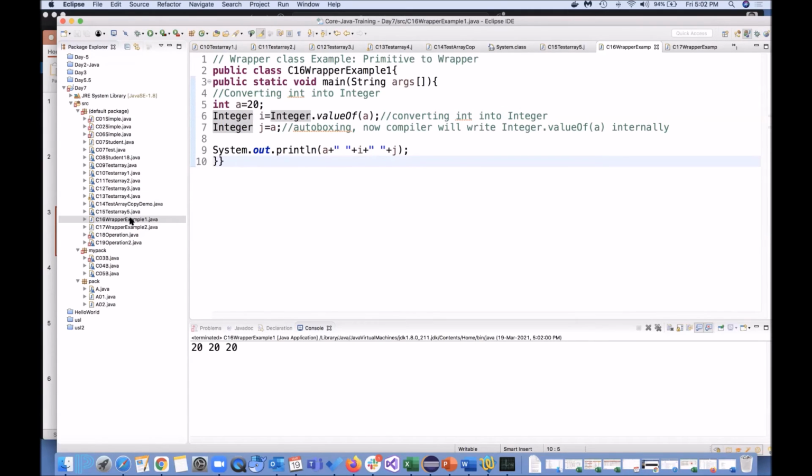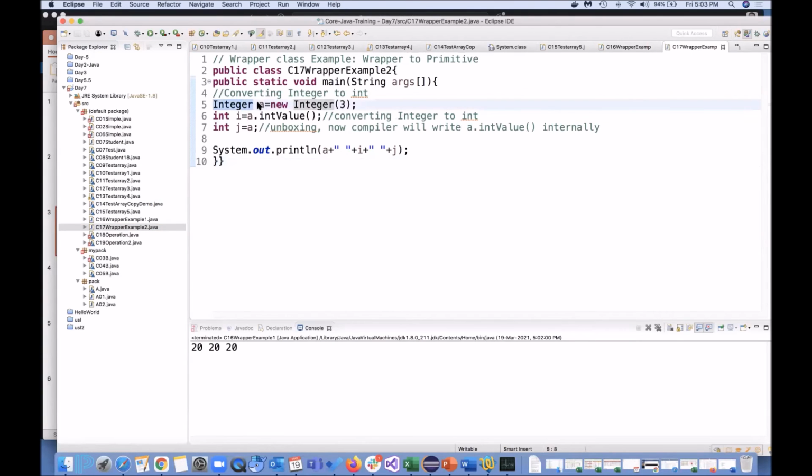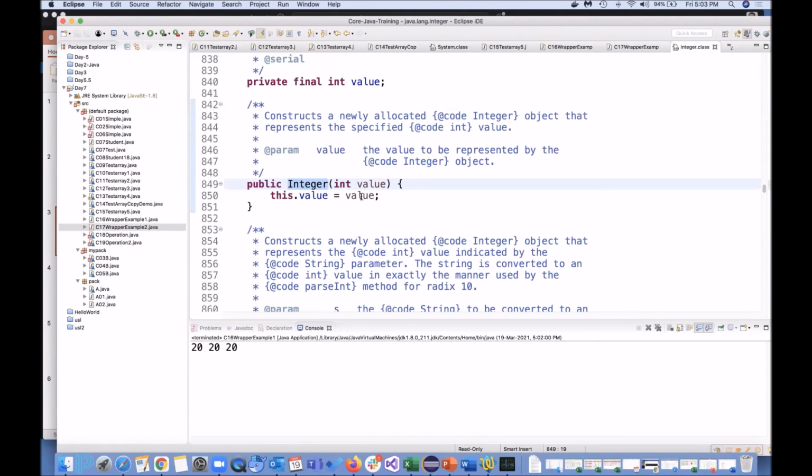For unboxing, we'll see. Now what happened here is I am having Integer, which is a wrapper class. And when I say new Integer(3), which means it is calling a one-argument constructor, and it is just returning me the value. The return type is this.